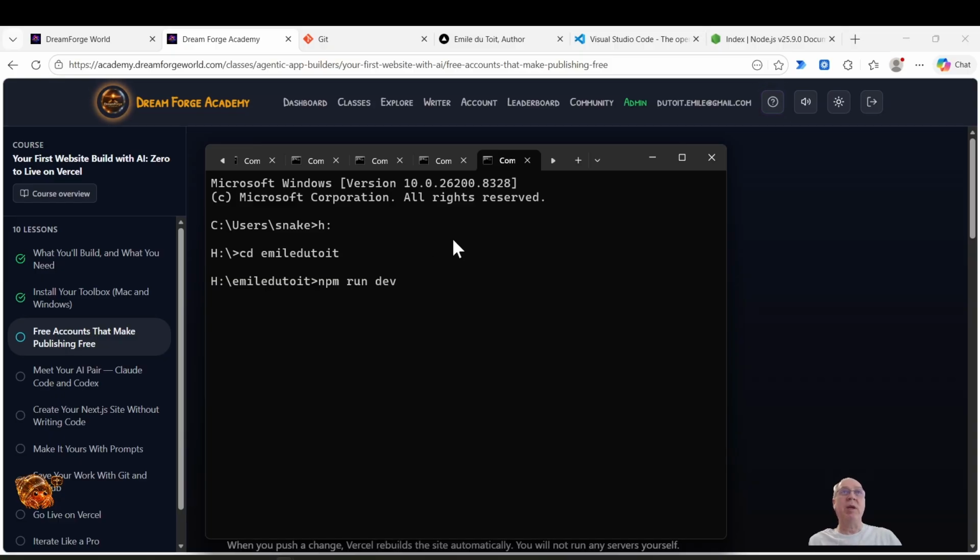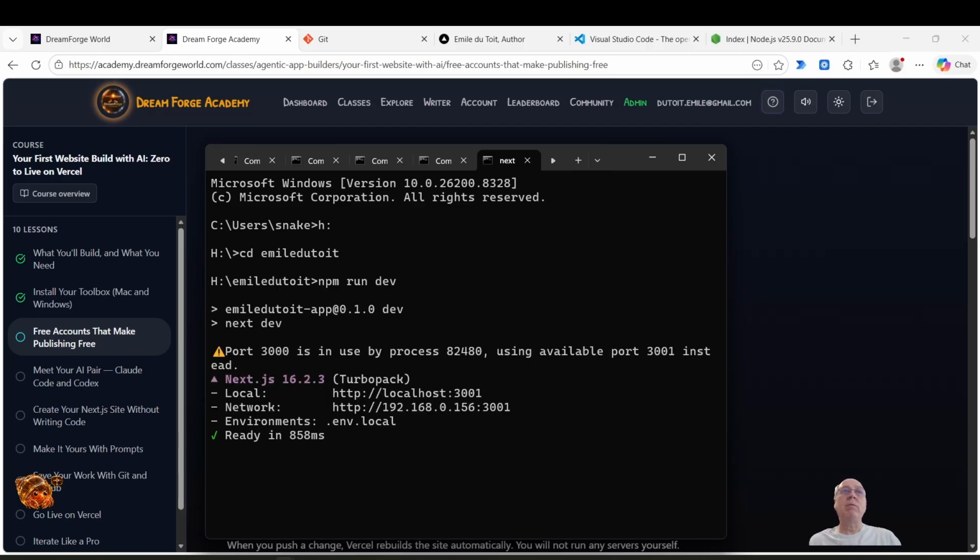That's Node Package Manager, run the development server. It will start up on port 3001 or 3000, depending which one is in use. If you get a situation where the port is already in use, just tell the coding agent to use a different port or close this test server that you're running on the other port. Either way, you can make it run on a range of ports.